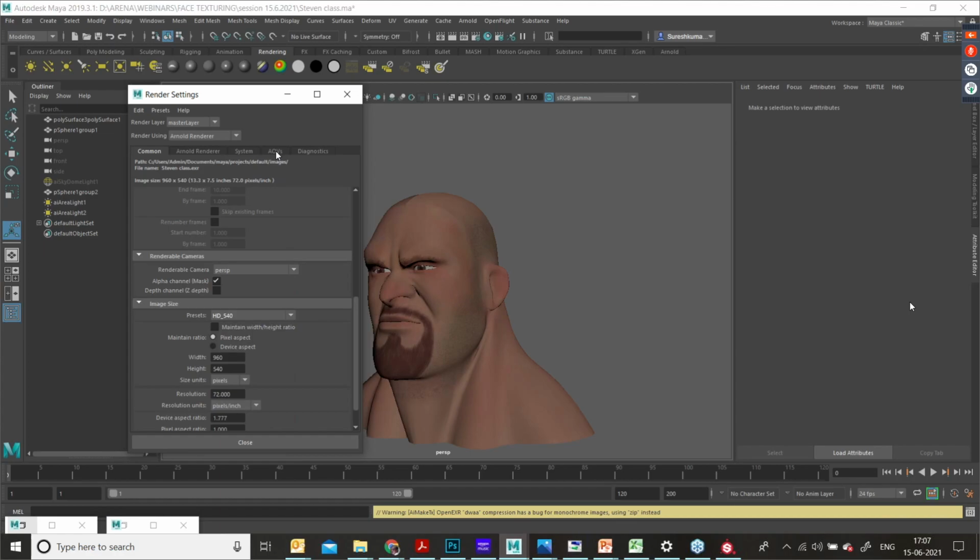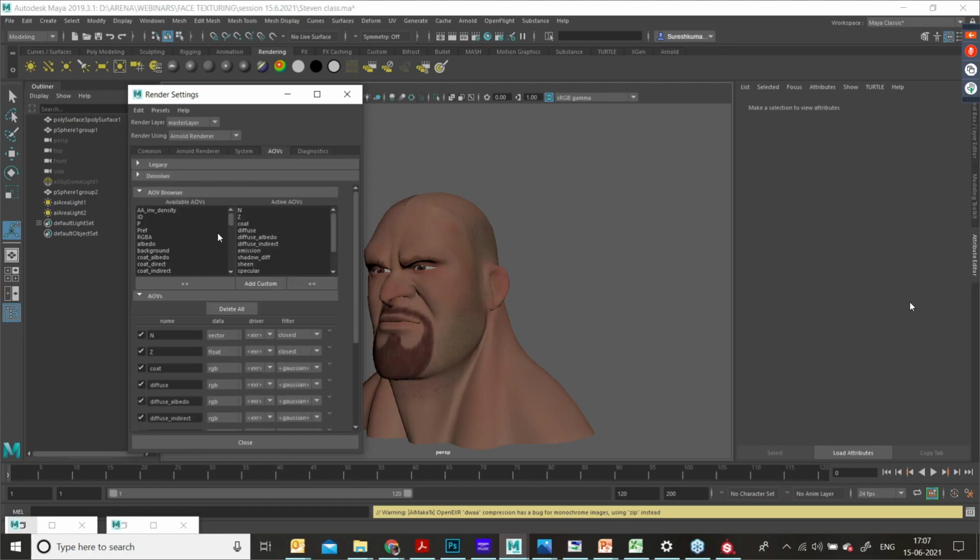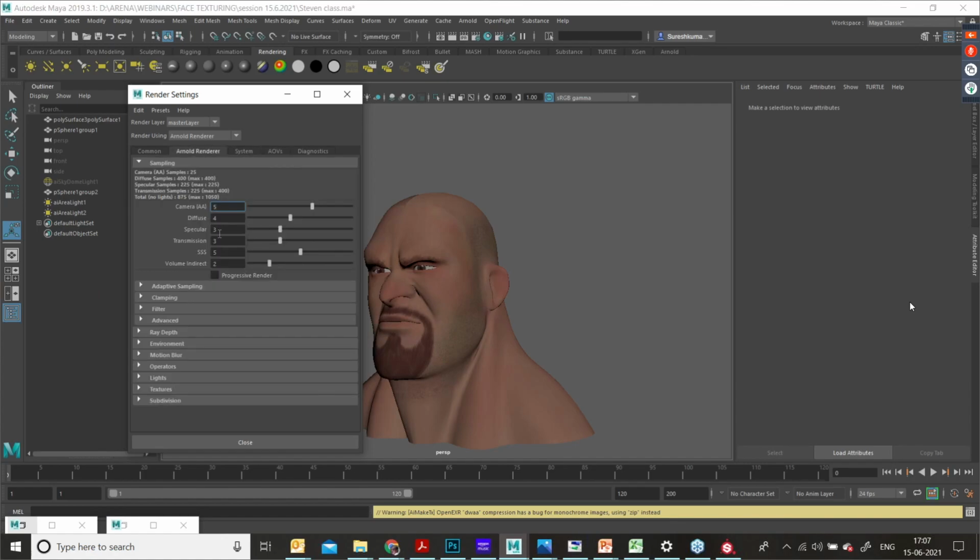At the same time, I should go to AO. Suppose you want passes, you can take the passes: shadow, diffuse, indirect passes. You can load it here. So at the time of the final rendering process, you should focus on this camera. You have to add 5 because these are the sample values and these are the quality settings. When you have subsurface scattering, you should increase the value to at least 5 to see some realistic output